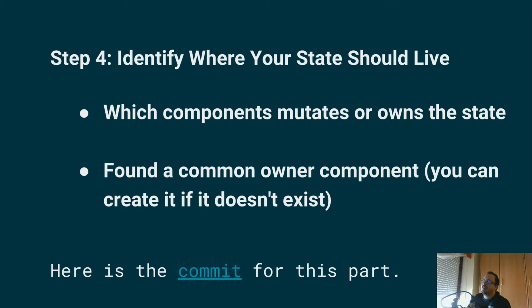Okay, so now what it tells us to do, let me put the chat here, is: think about which components mutate or have the states, and find a common owner component. Okay, here I do different things. I just begin to think about clicking items and going through items. So this is my approach, the way I find it easier. I don't like the example from the documentation. I think it's a nice example,